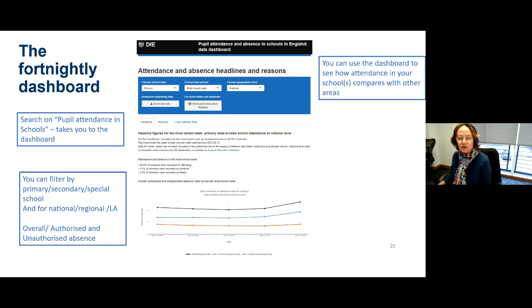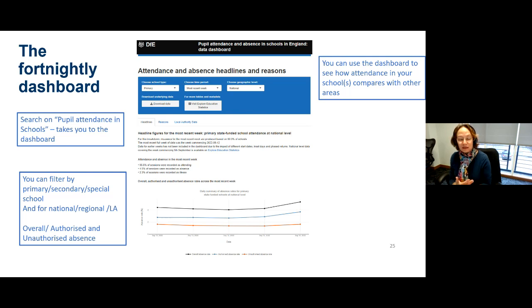The sorts of things you can see are, you can select by type of school: primary, secondary and special. You can look at the most recent week of attendance or attendance over the academic year, and you can look at it nationally, regionally and by local authority.